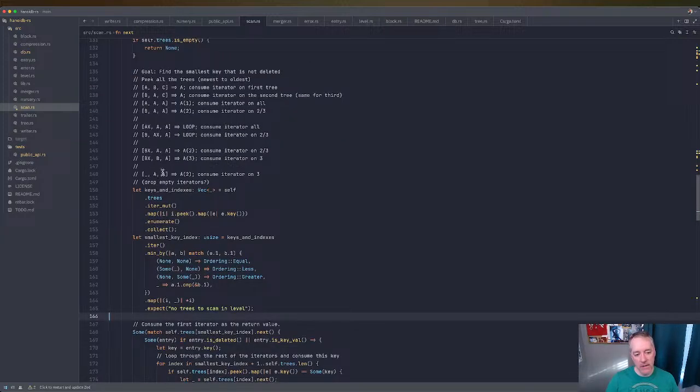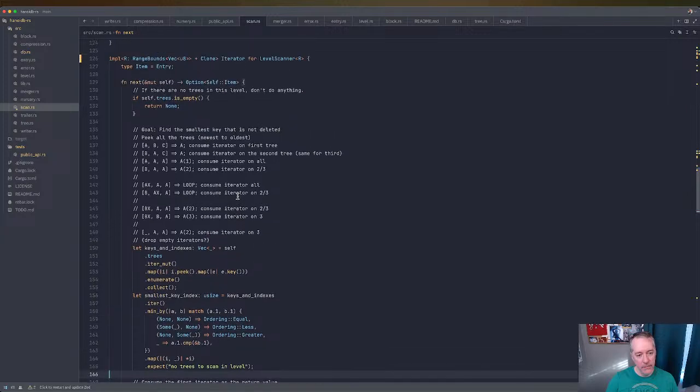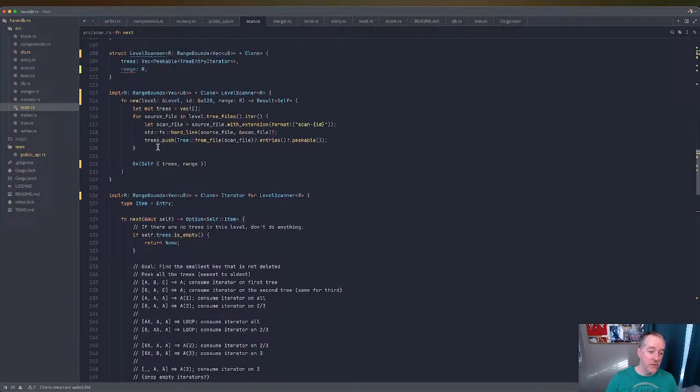When we outlined what the strategy was going to be here. Now, alternately, what we could do, and this is probably simpler,